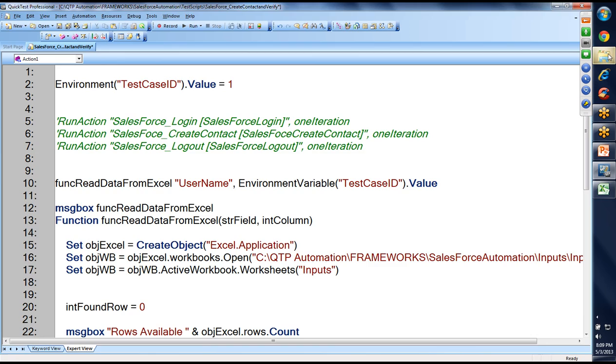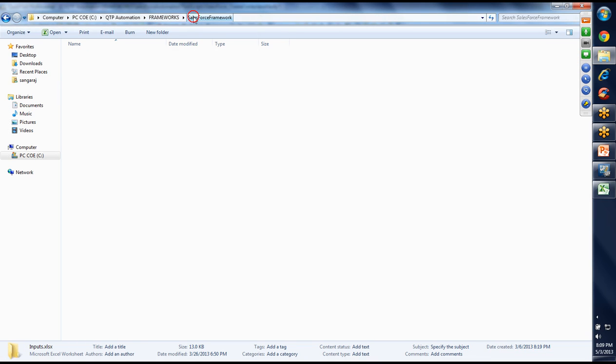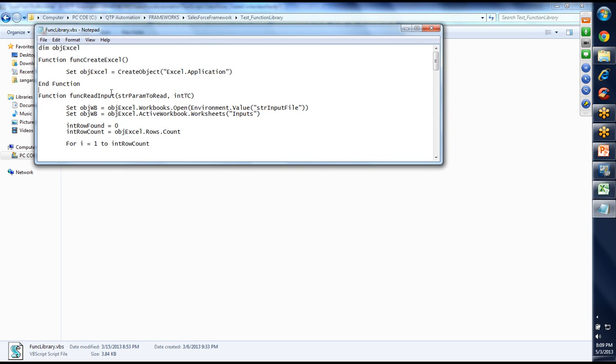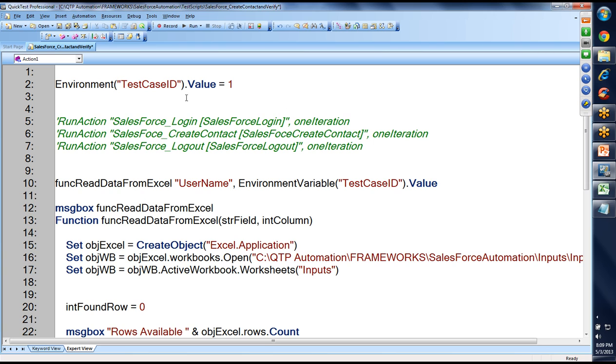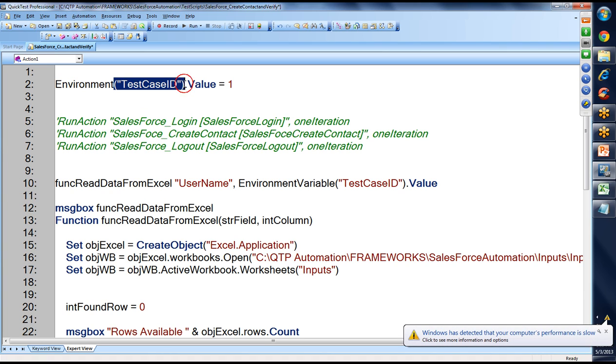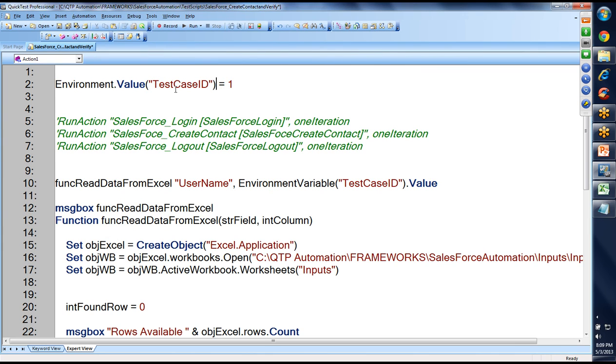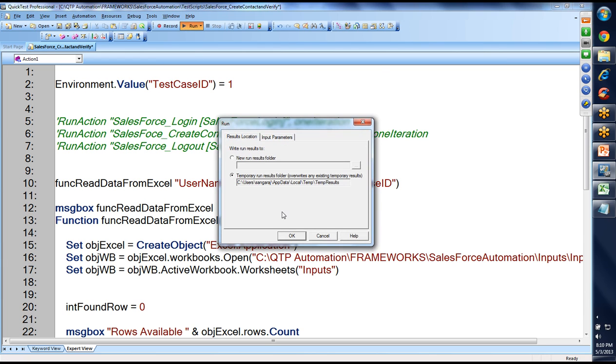I'm sorry, I forgot how to use the environment variable. Just a second. Environment dot value, this is how you will use it. Okay, that is the correct one, environment dot value. So this is how you pass it. So here also you should change. So now if I execute,